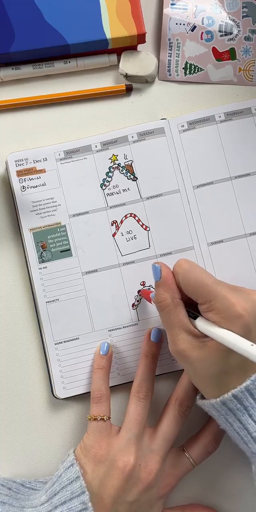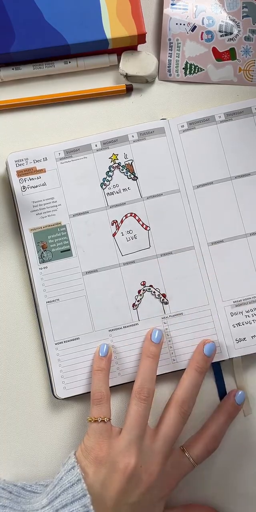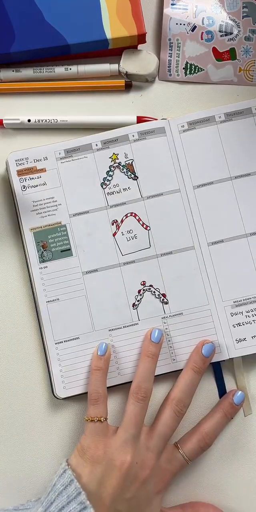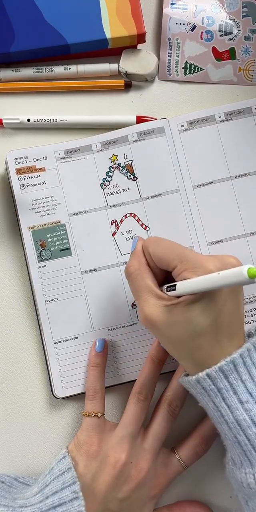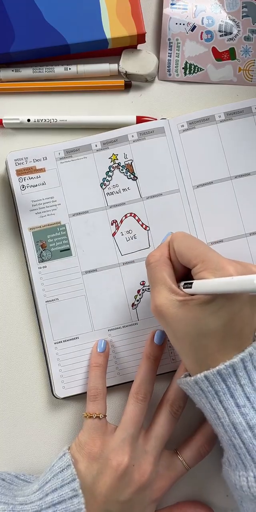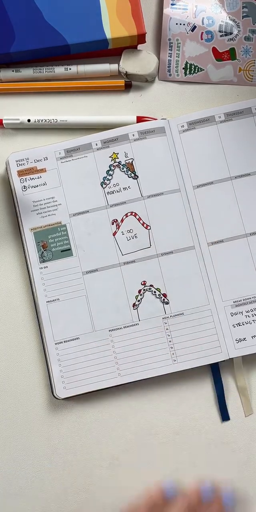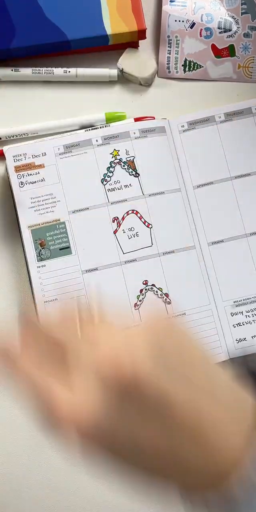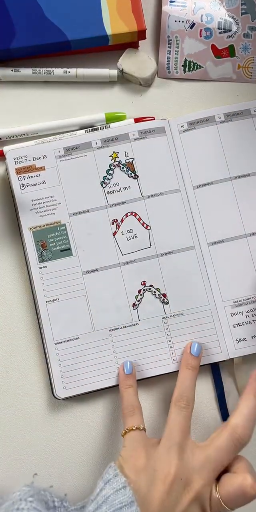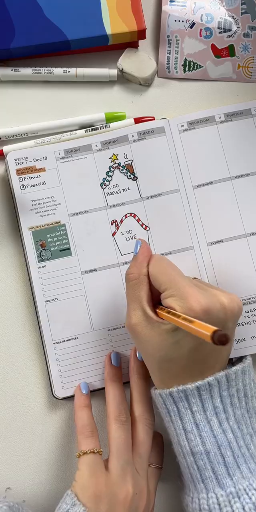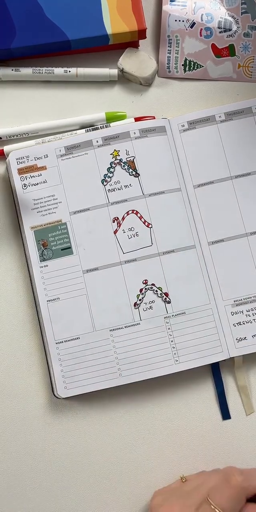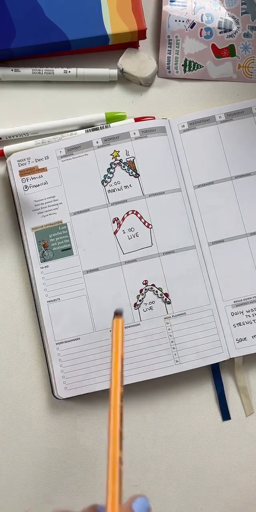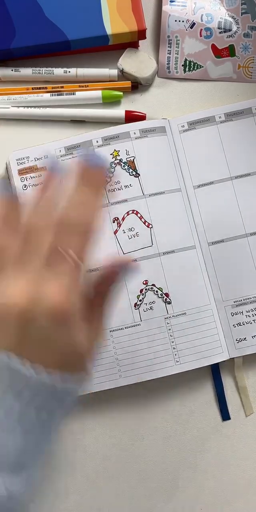Wait, I love this red. This is a good red. I got to keep this out. And then we're going to take that green again, and we're going to do every other. I always throw the pens, and I'm like, why is my desk a mess afterwards? Okay, this one is really bothering me, but I don't know if I'm going to fix it.